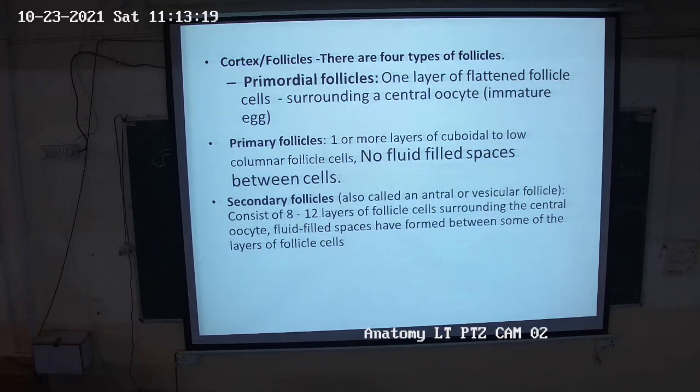Then arrow mark downwards, secondary follicle, having layers of follicular cells, formation of the cavity in between the follicular cells, then it is secondary follicle. Then these cavities coalesce together, form a larger cavity, push the ovum towards the side. It is not actually an ovum, it will be an ovum after the completion. So up to the secondary metaphase stage. ठीक है, ये जब ovulated होता है, it is in the metaphase stage.